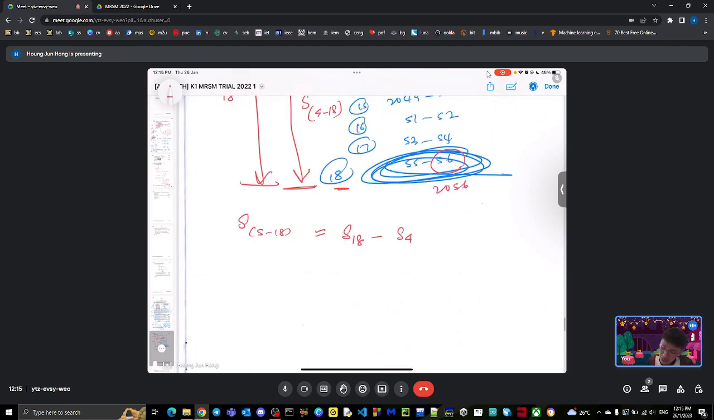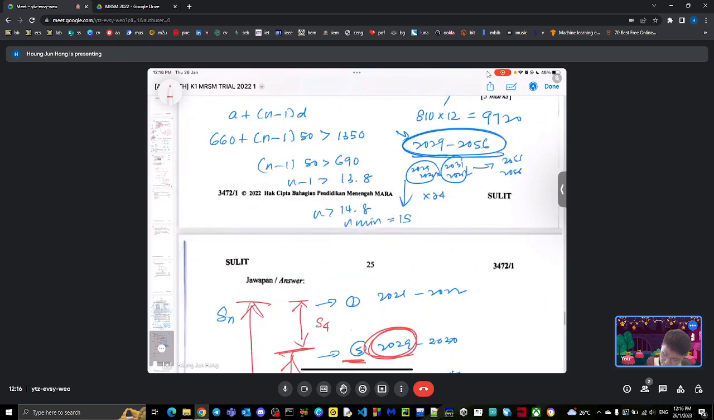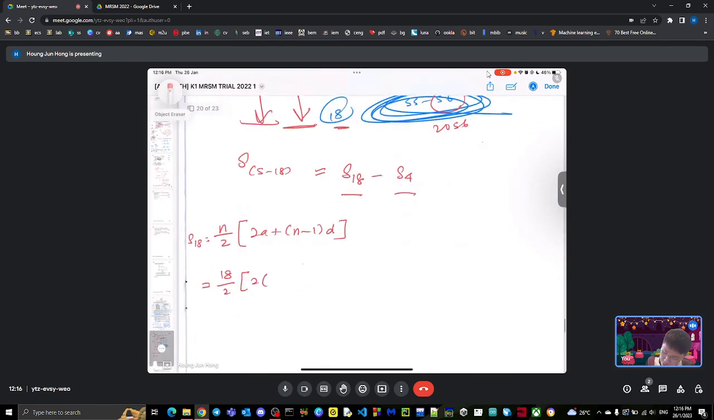Okay, yep. So now we have to find S18 and then minus S4, and then you will find the final answer. So what is S18? What is the formula of S_n? n over 2, 2a plus (n minus 1)d. Actually, I'm not really sure, but yeah, should be. So now we have n is 18. So 18 over 2, 2a, a is still your same number, 55. Is it 550? 680. Okay, 680 plus n is 18, so 1750. Okay, yeah, this should give you